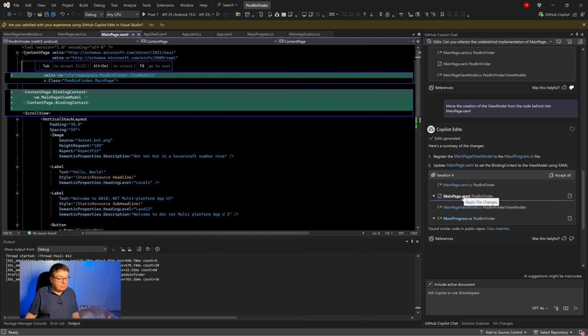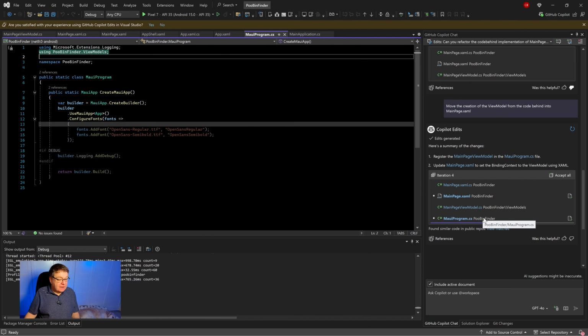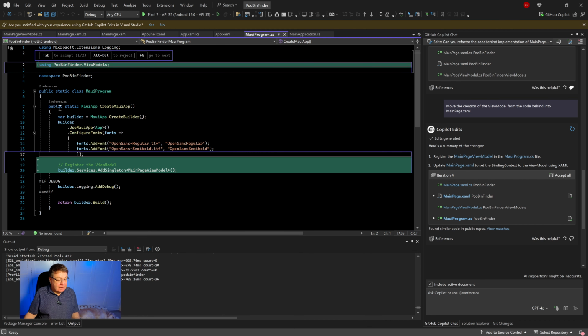Okay, so it's saying it is going to make a change here. Oh, there we go. So that's what I was hoping for. So finally, we've got the view model registered there, and it is then setting up the binding context for the page itself using that view model. And within MAUI-program.cs, it's then making sure that view model is registered as a singleton, which is what we would hope to see. I don't know why it didn't make a change to